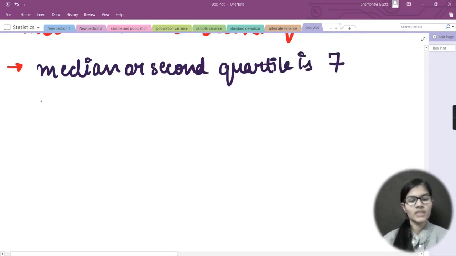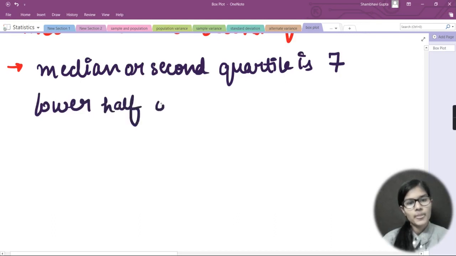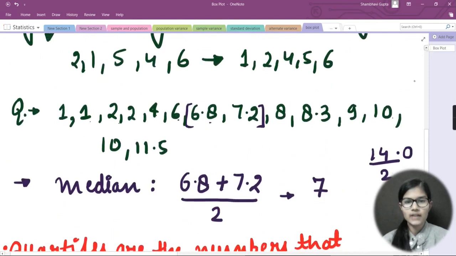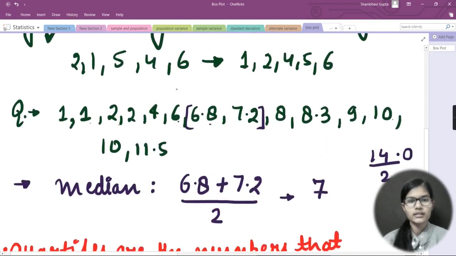Now if I want to divide my data into 2 halves, I would write the lower half of my data. My median is 7, okay. So I would take the points here for the lower half which are less than 7.